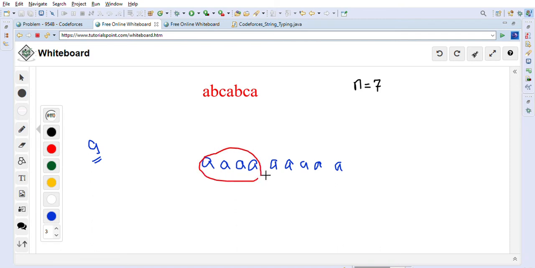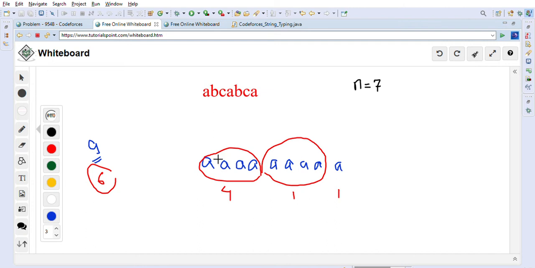So now this will take us 4 operations to type 4 A's. Copy paste of the string and append it to itself, it will take us another one operation, right? Copy paste is one operation and appending a is one operation. So total 6 operations we can get this done, right? So this is the minimum number of operations we can do it basically. So this is the problem that we are going to solve now.